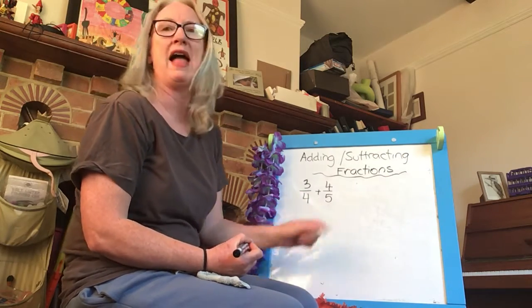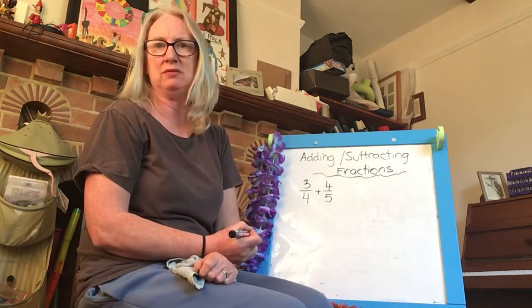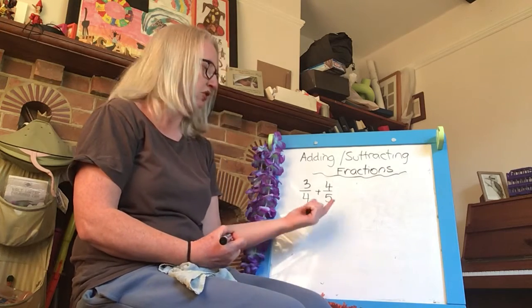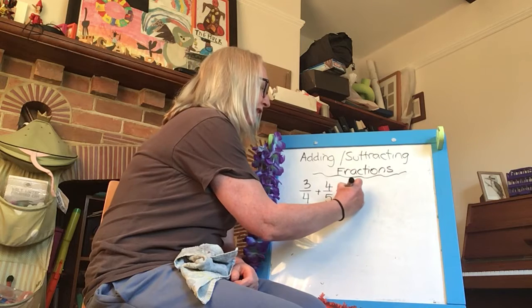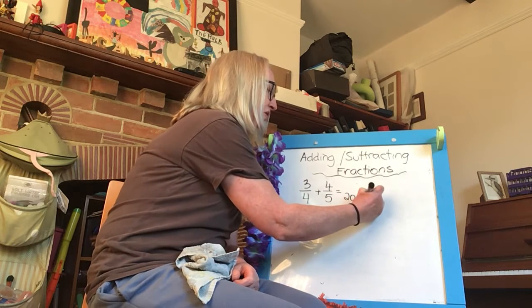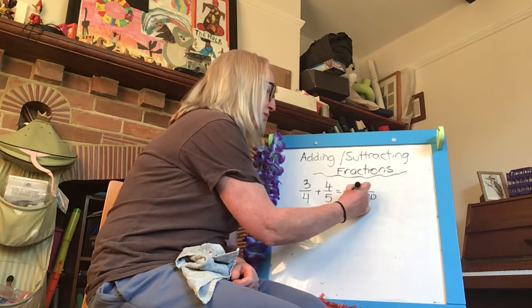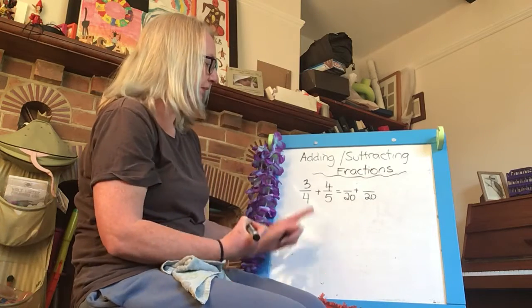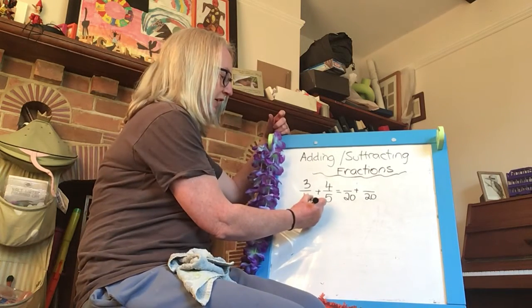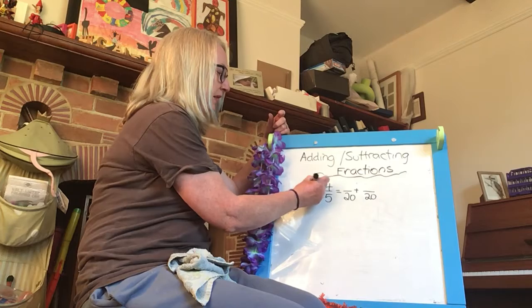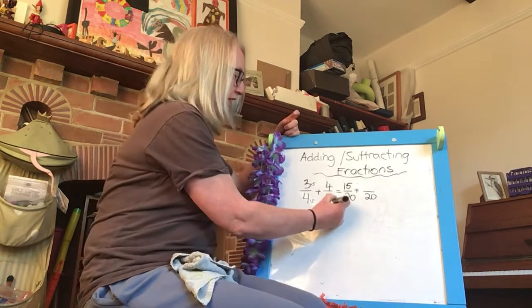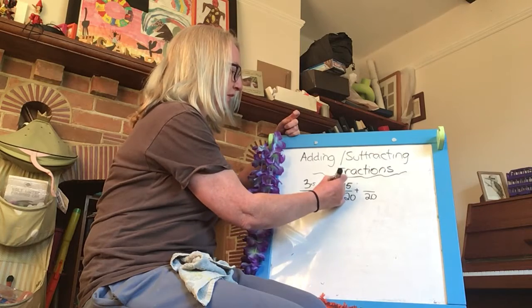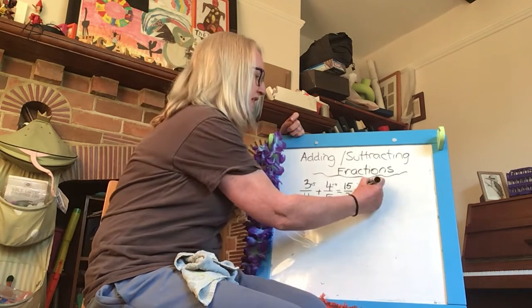So what will 4 and 5 both go into? If you're having trouble thinking of it, you can just do 4 times 5, 20. So they will in fact both turn into 20ths. So I'm going to set them up as 2 blank fractions. Now I've had to times this one by 5, so I do the same to the top, and I have 15 20ths, same as 3/4. This one I'd have to times by 4, so I do the same to the top, and I have 16